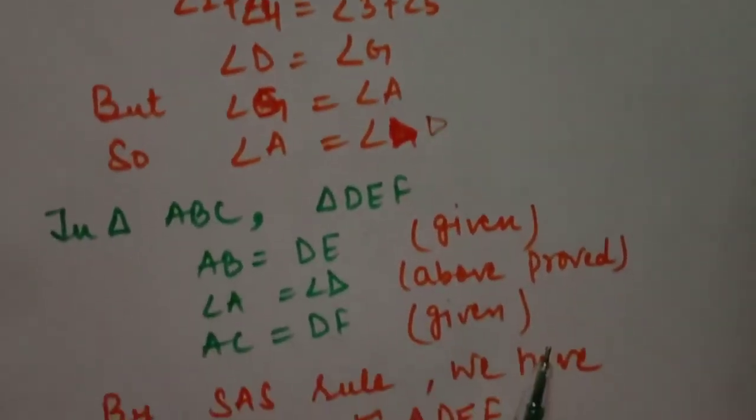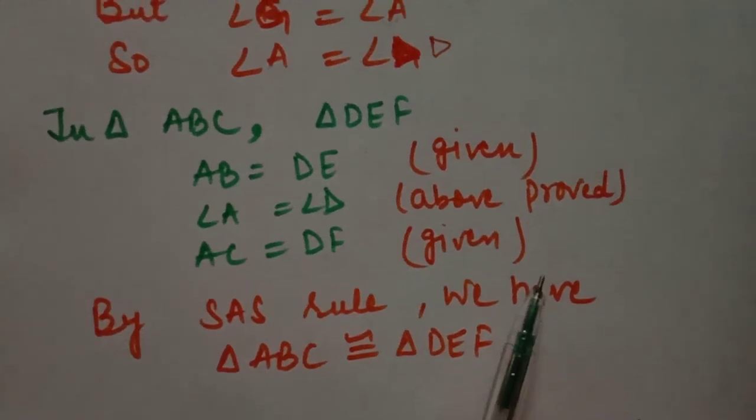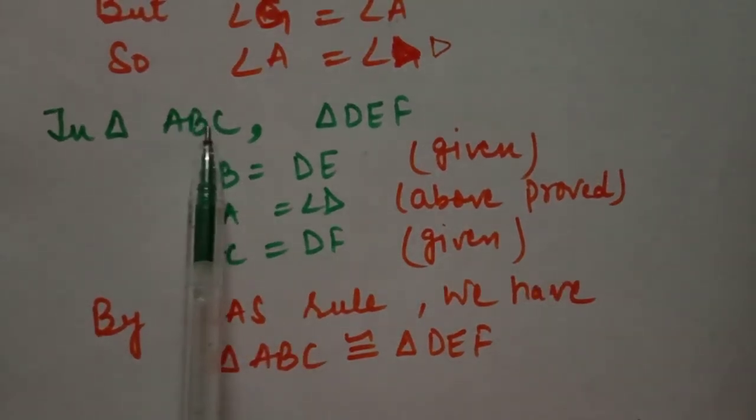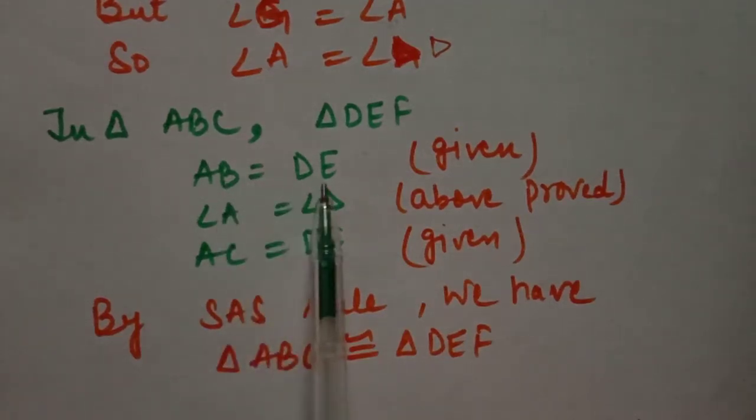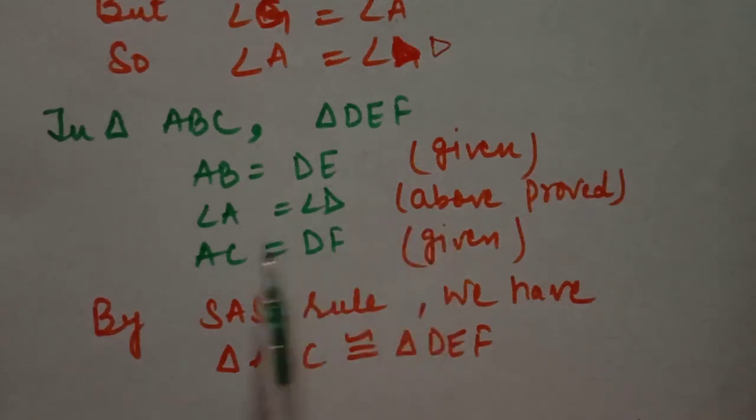Now we will take our basic triangles which we want to prove as congruent. Triangle ABC and DEF. AB is equal to DE, given. Angle A and angle D are equal, proved above. AC and DF equal, given. So by SAS rule, we have triangle ABC and DEF are congruent to each other. So students, this is your